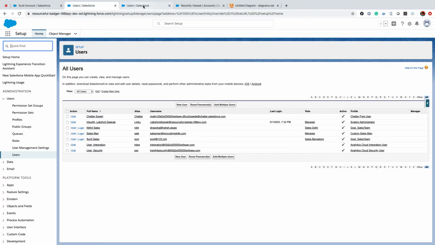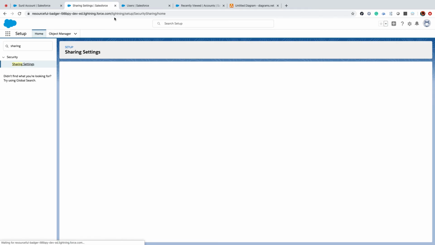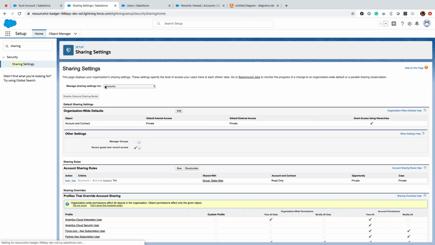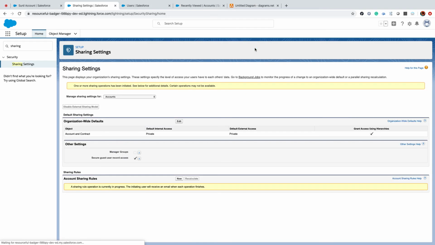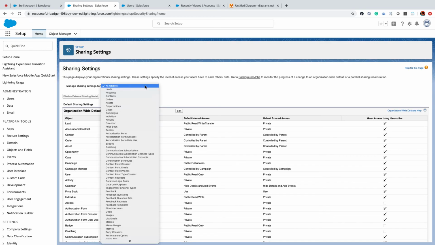Now for that, in the sharing settings, we have another functionality where we can write our own custom sharing rules for how to share data, instead of depending just on workflows. So choose your account object, and as soon as you choose, it will go to the account sharing rules. Now I'll just delete this, it's not needed. Any change in the sharing settings will always result in some calculations at the backend, so you have to wait. Sometimes it takes less time; if you have much data, it takes more time. We don't have that much data, so it will be completed.